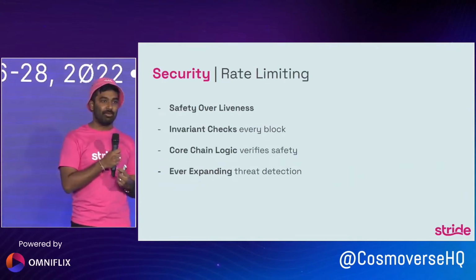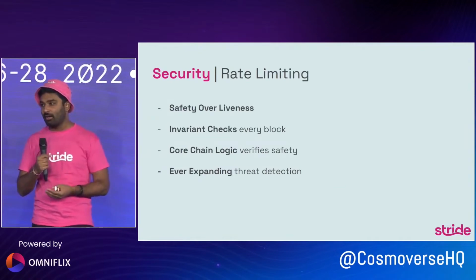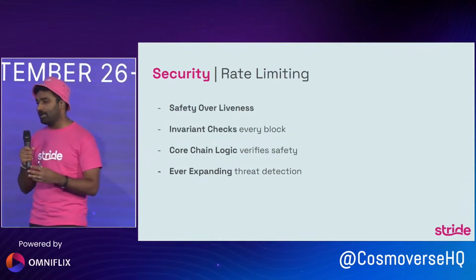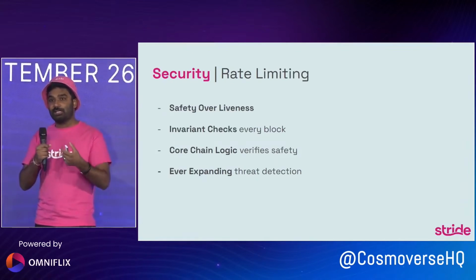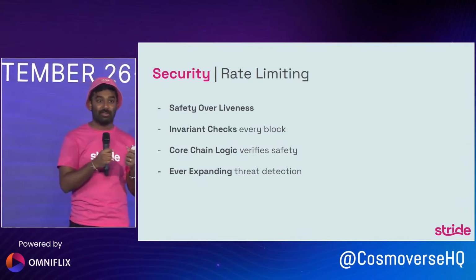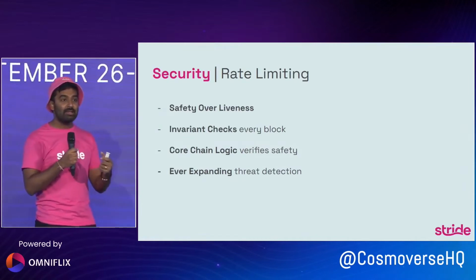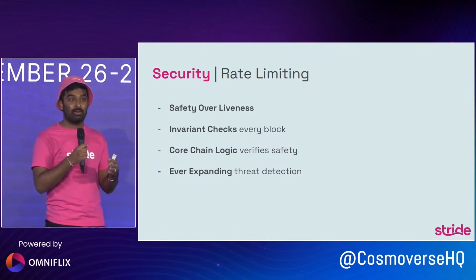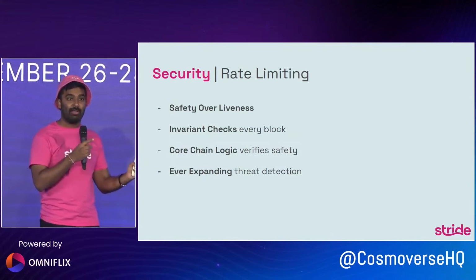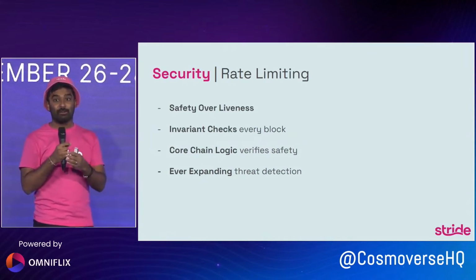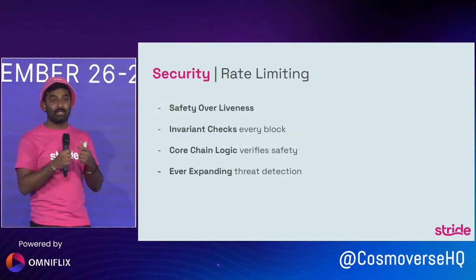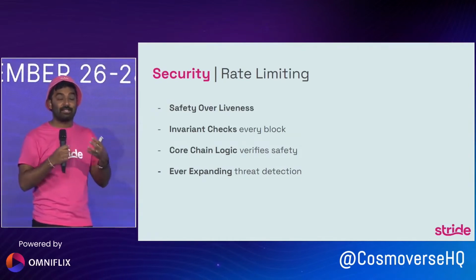So beyond testing, we've done some other pretty interesting things, I think, on the Stride chain. The first one to talk about is rate limiting. Basically, we have this philosophy at Stride that we care more about safety than liveness. What this means is if there's anything that might go wrong where the chain is potentially unsafe or there's a potential bug, we always err on the side of stopping our chain until we can make sure nothing goes wrong, and then resume the chain, instead of favoring liveness, where we care about the chain persisting always, even when some things might go wrong. So this philosophy guides a lot of Stride.